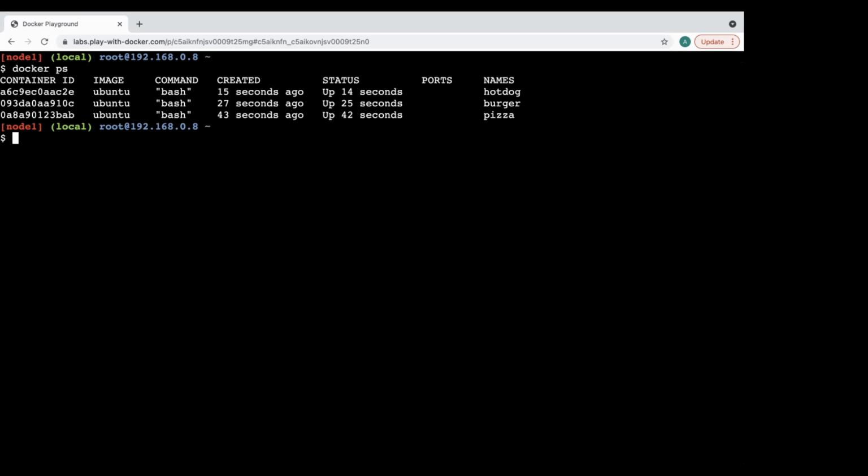So it means that when I am running the container, it is going to allocate memory, CPU, and it also allocates an IP address.